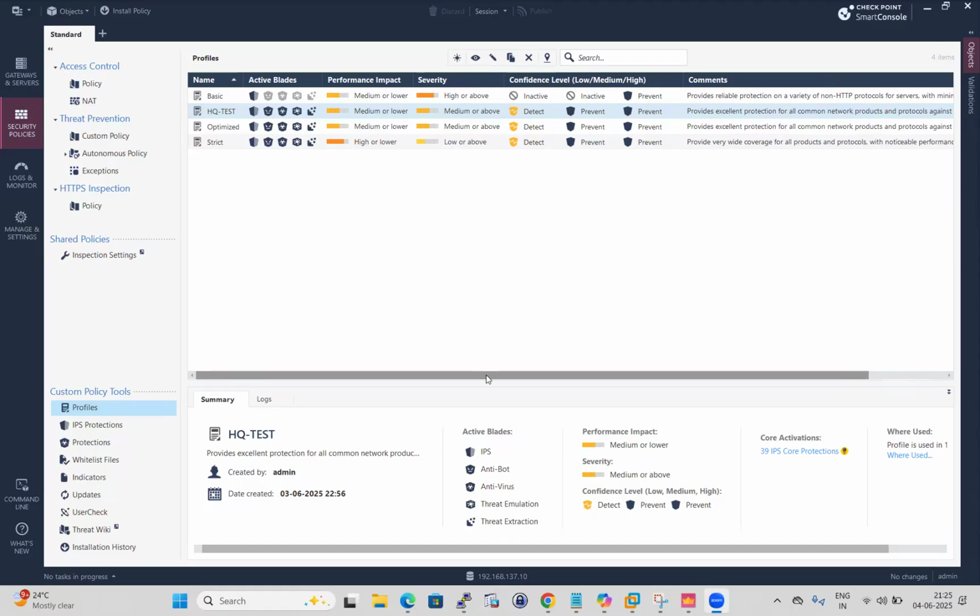Hello everybody. So this is our continuation of Checkpoint IPS. Like yesterday, we have gone through some policy related to threat prevention, and today in today's session we'll try to see some specific features and how malware DNS trap works in the IPS in Checkpoint firewall, and there are some other features which are available in